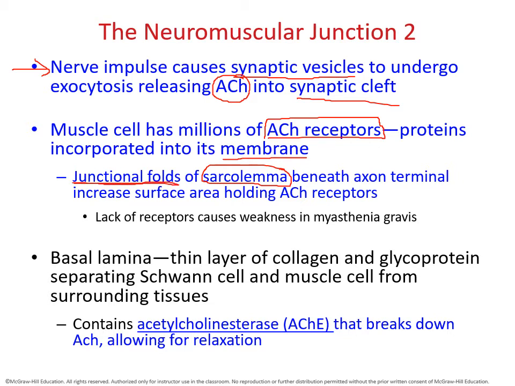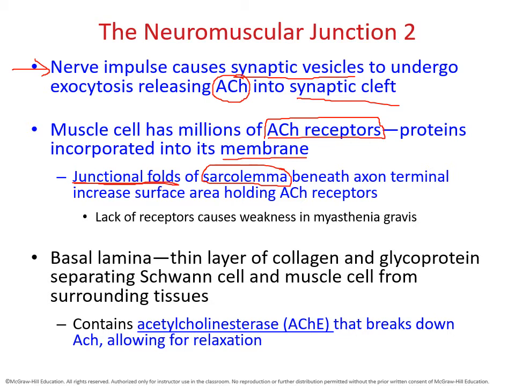And in fact, we have seen that there are disease models, such as myasthenia gravis, where when individuals start to lose the receptors or they lack the receptors, the muscle will be very weak in its contraction. And if all the receptors are lost, then there will be no muscle contraction at all, because once again, you start to lose that connection between the nervous system and the skeletal muscle that is needed for the contraction to occur.